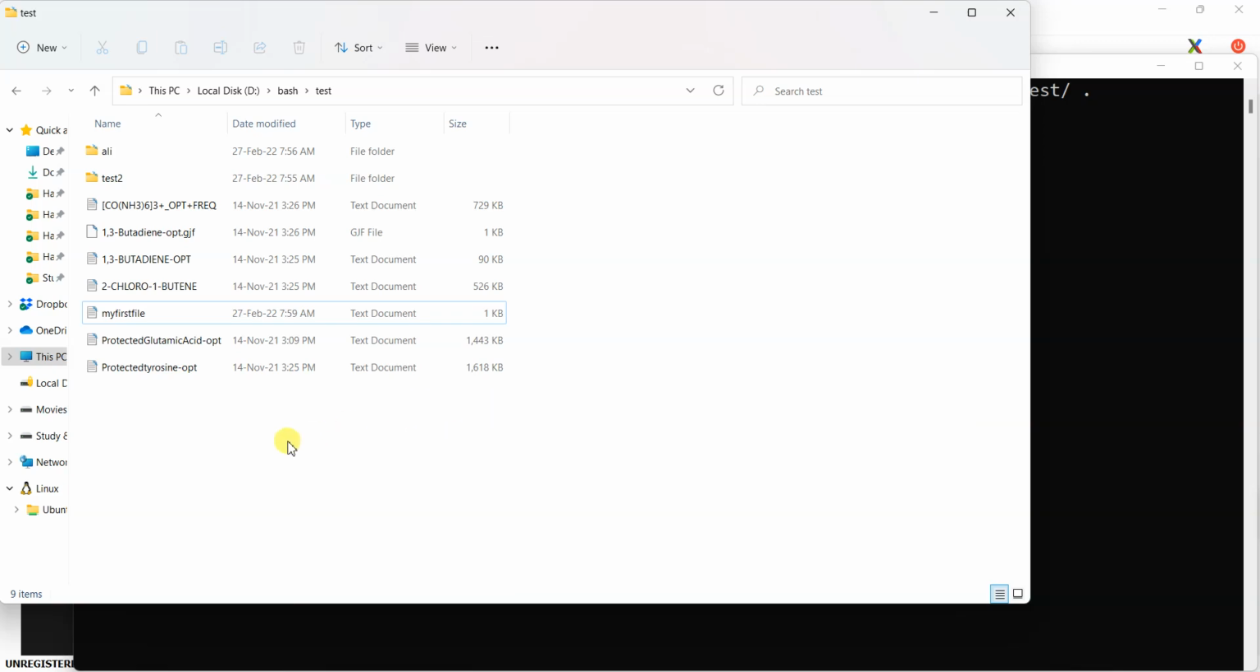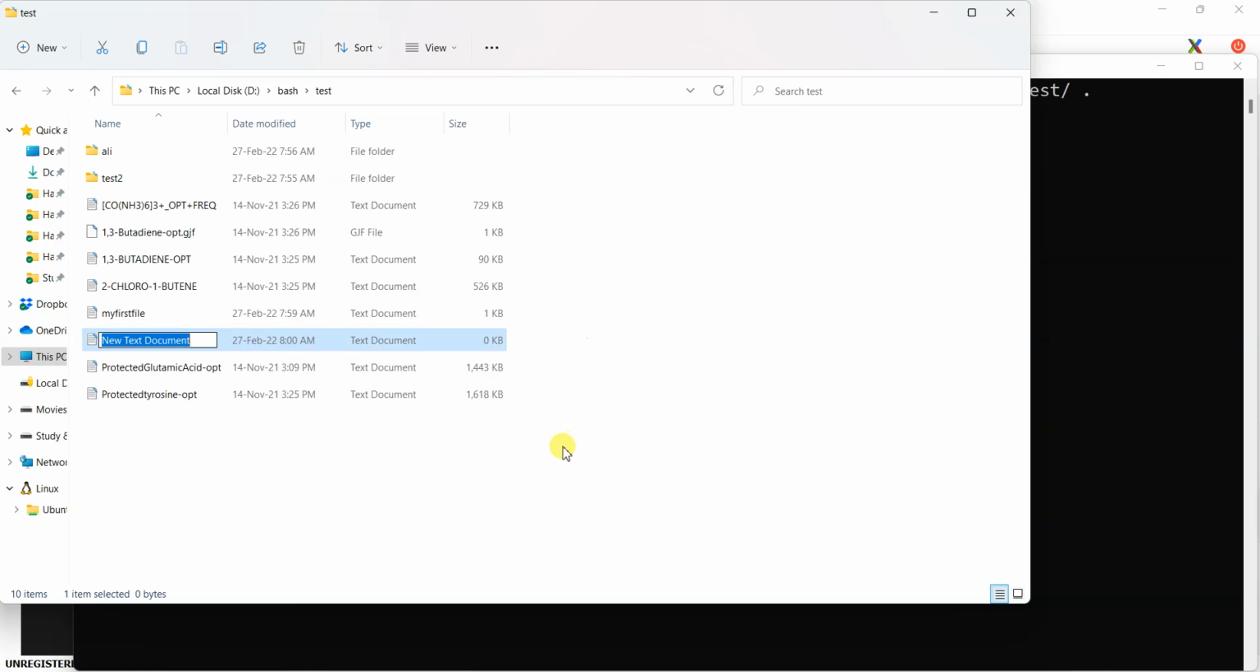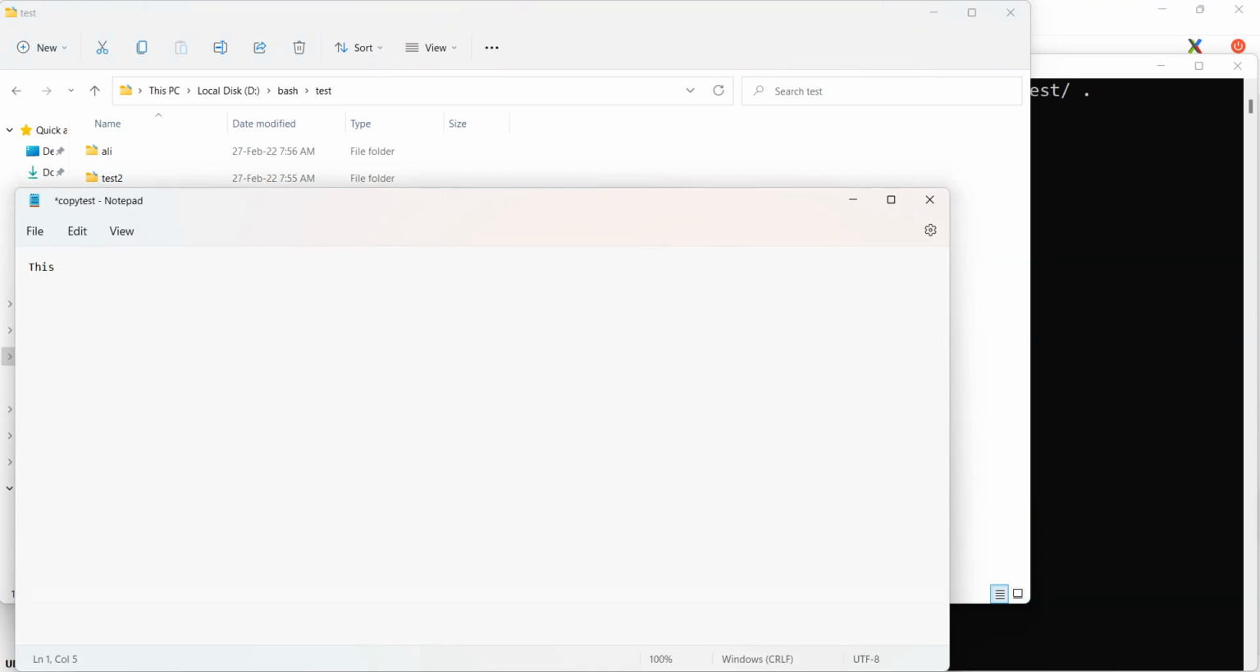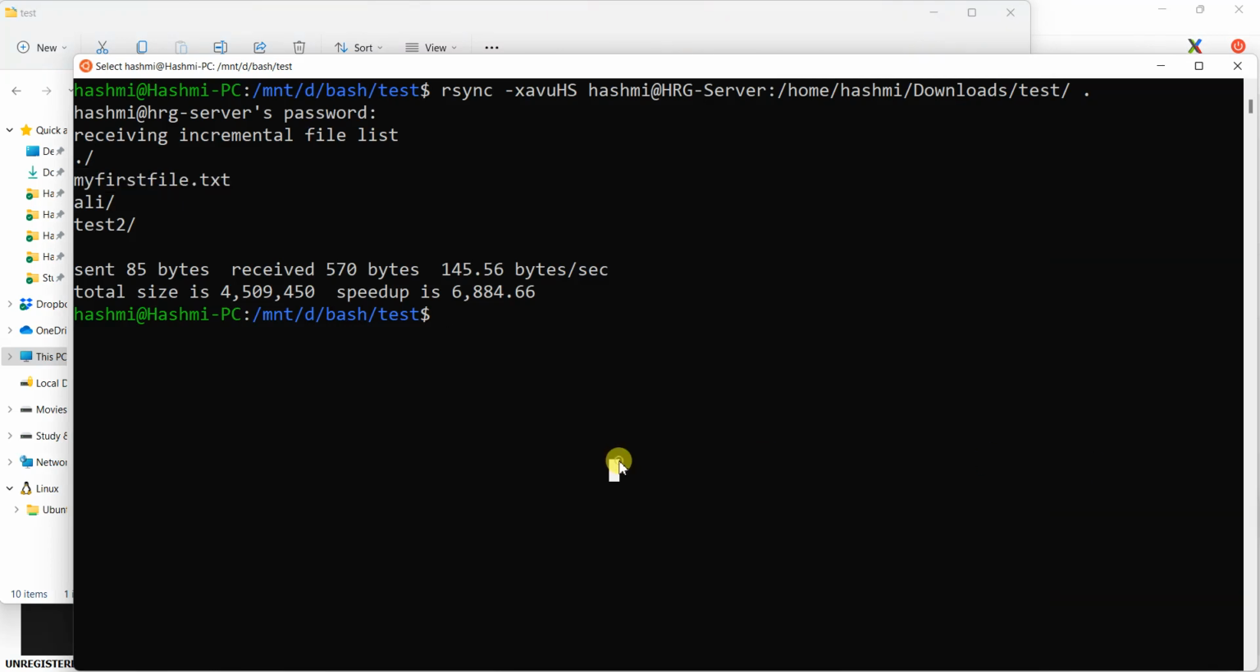So now if I want to make another file, like if I make a file here, copy test, and I add something. This is the local file. So now I saved it. This is a file which is on my PC, and I want to send it to the server. So I can use the same command, rsync, but